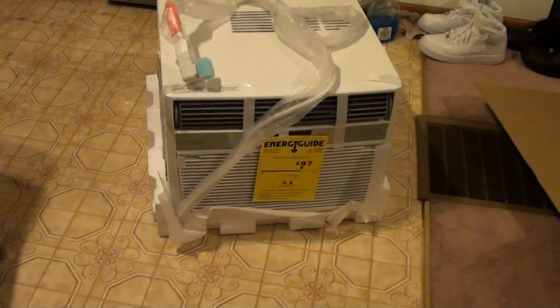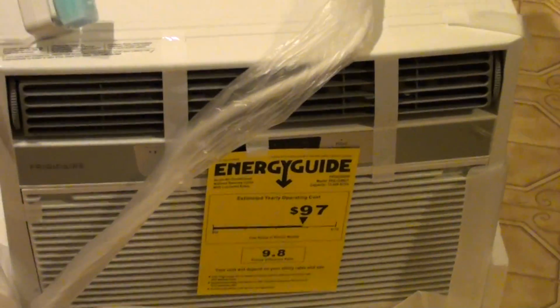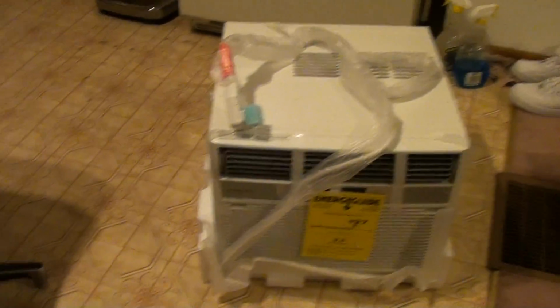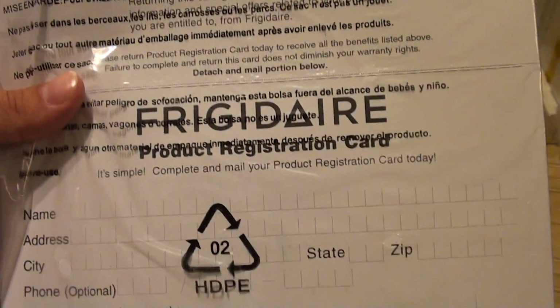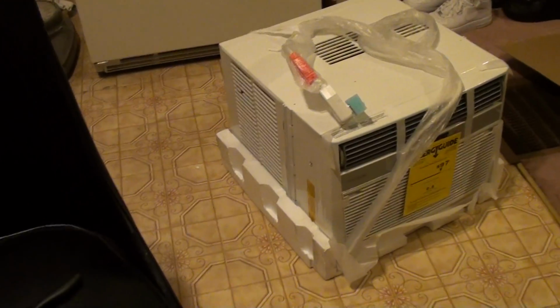Alright. You got some shit like this when you unbox it. 12,000 BTU. Got your shit right here. Comes with remote control. Let's see. What is it called? It is called... I'm not too sure myself, but